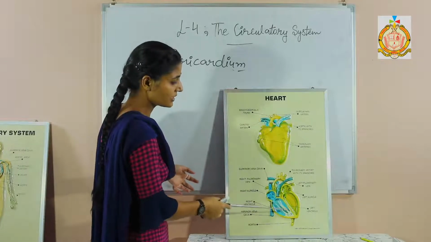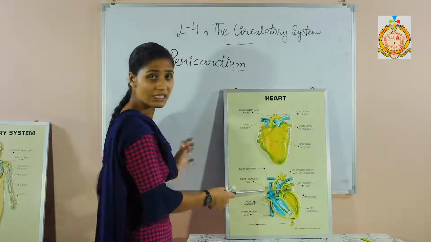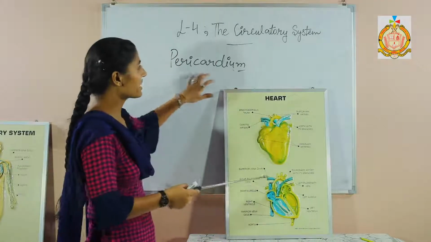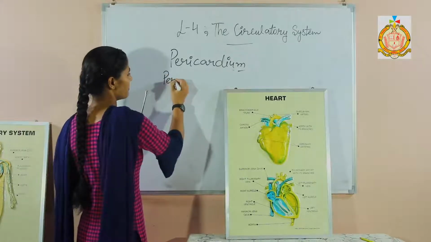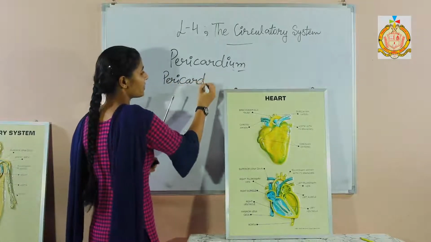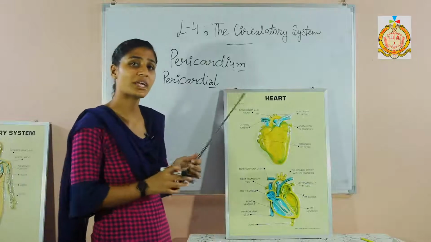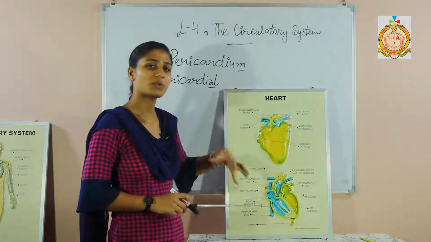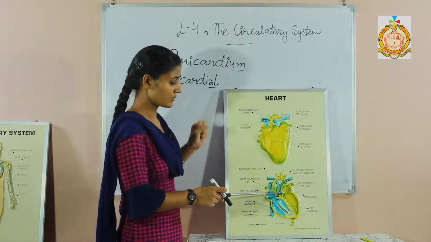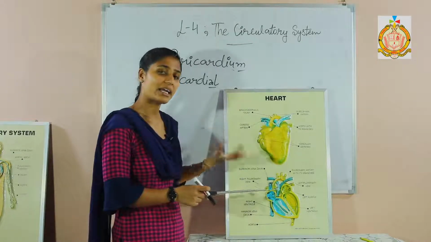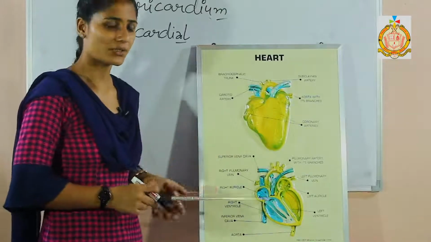You are able to see in this model the two membranes of the heart, one outer and one inner, and these are known as the pericardium. In the pericardium, pericardial fluid is present, and this pericardial fluid protects our heart from mechanical shock and other injuries. It acts as a mechanical absorber as well as a lubricant for the heart.